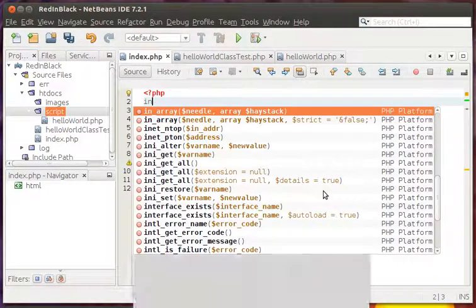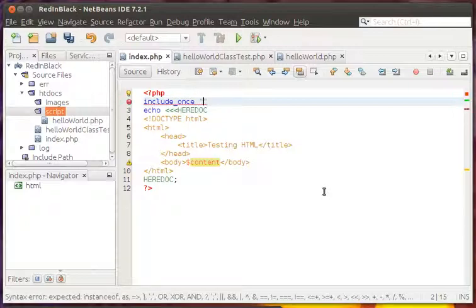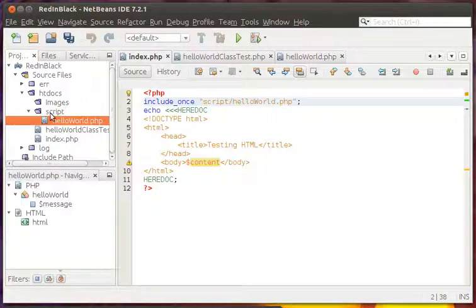First, I need to include the class, and probably in a later tutorial I can show you how to have an automatic class caller. So we're gonna include the hello world. It's gonna be in the script. Hello world, that's where the file is located. As you see, it's in the folder script, and you have hello world there. So that's what I'm calling, and I'm gonna say